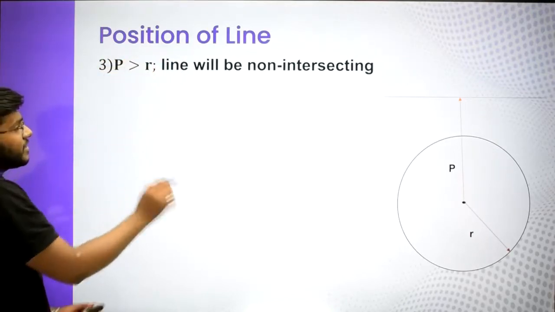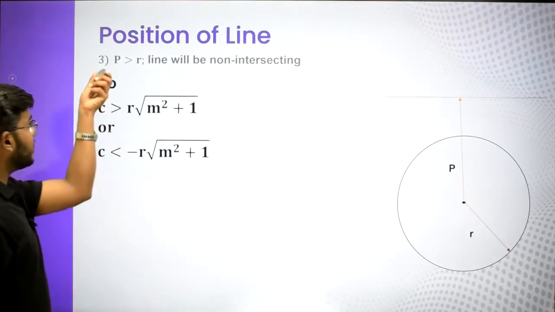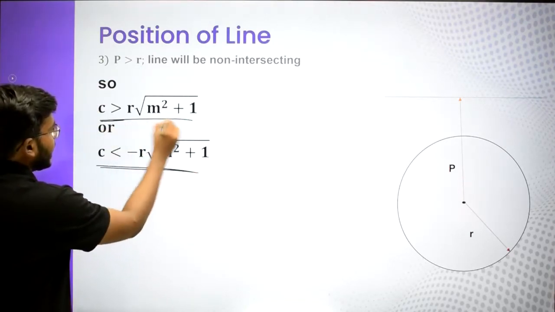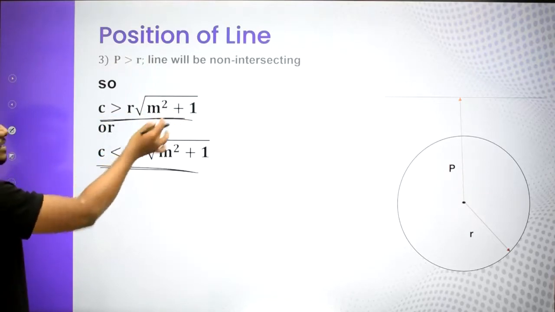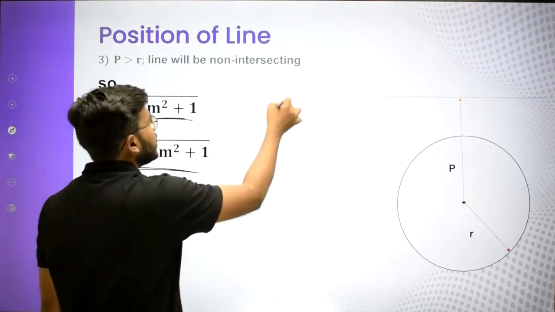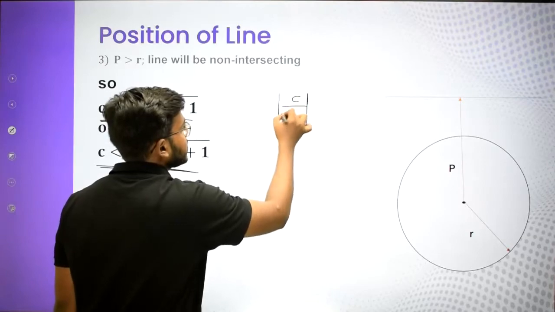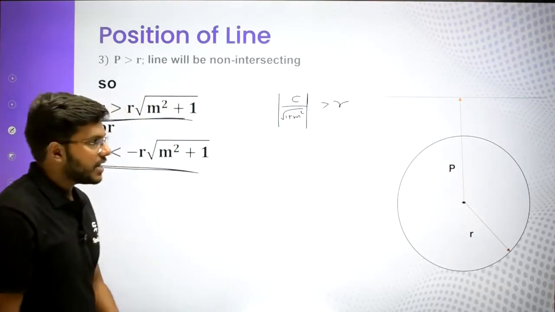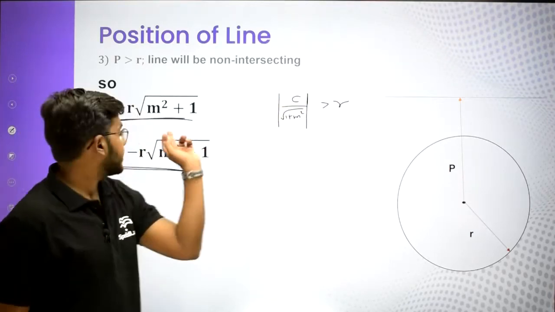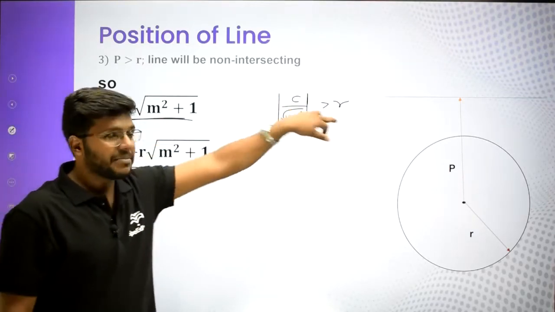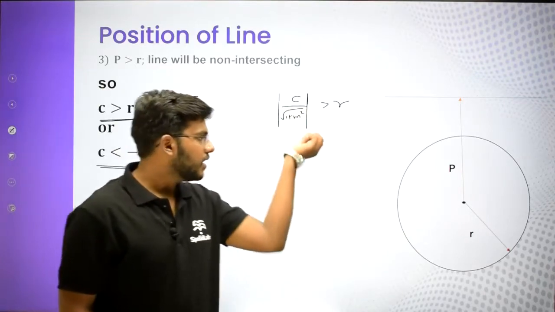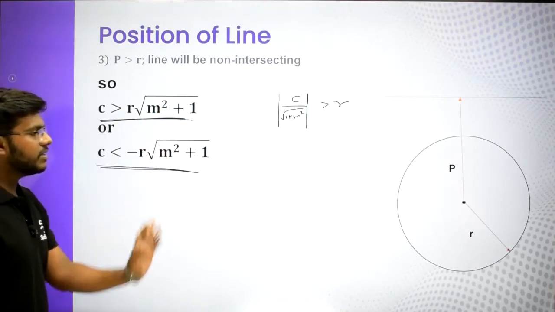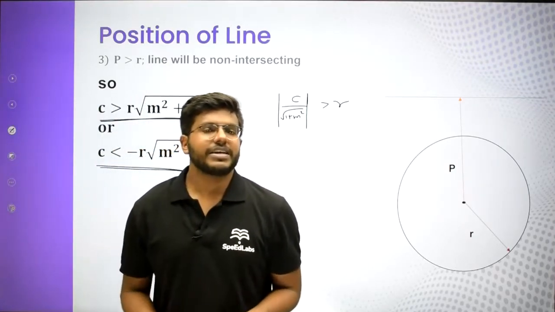And thirdly, P greater than R, so again I'll put the value of P, that is mod of C, like that, and you will get these two inequalities, that either C should be greater than this value or it should be less. Again it's the same thing guys, modulus inequality की वजह से ये दो आंसर्स आएंगे, right? So if mod of something is greater than R, either this inside value should be greater than R or it should be less than minus of R. Okay, so from there you will get two set of values, two intervals of C, one greater than this and one less than this. Okay, so this is a very simple concept.